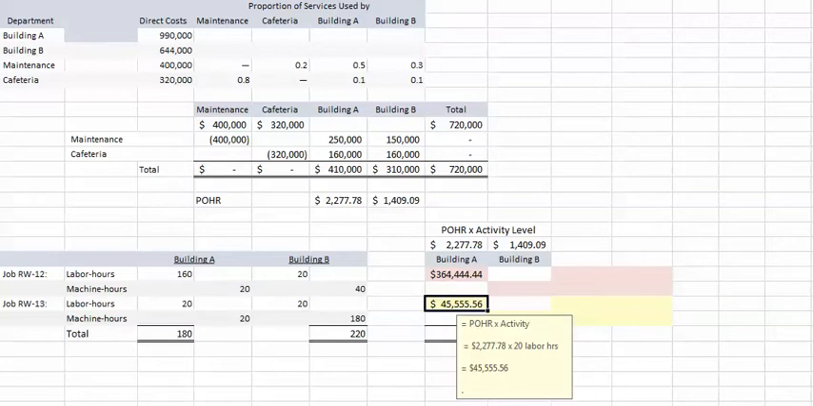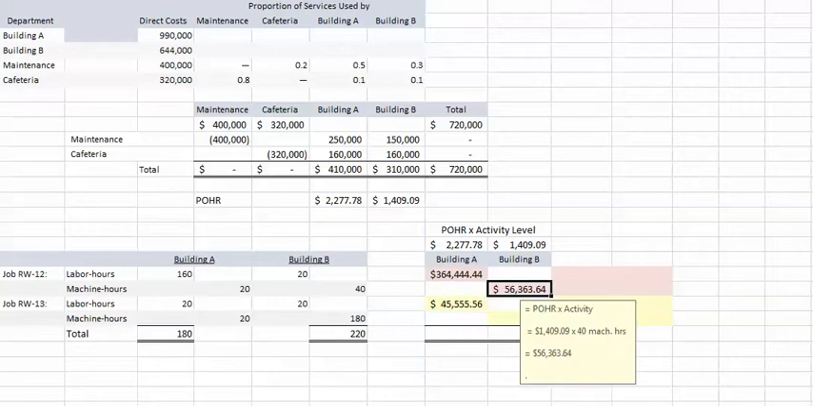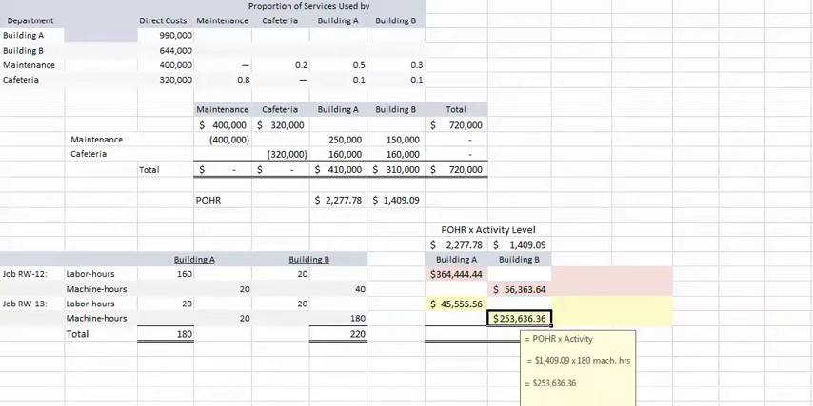We get that by taking our same predetermined overhead rate of 2,277 and multiplying it by the 20 direct labor hours. Our cost of Building B, or Department B, will be allocated using the predetermined overhead rate of $1,409 multiplied by our 40 machine hours for job 12, for a total of $56,363. For job 13, we've got 180 machine hours, and we'll multiply that by our predetermined overhead rate to get a total of